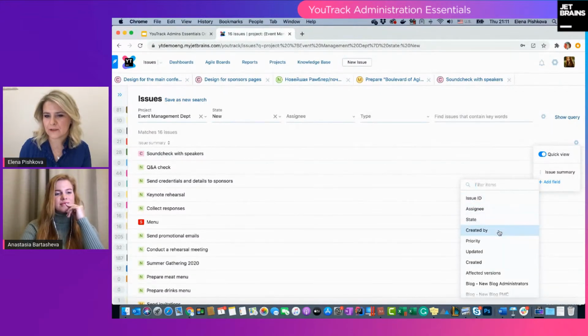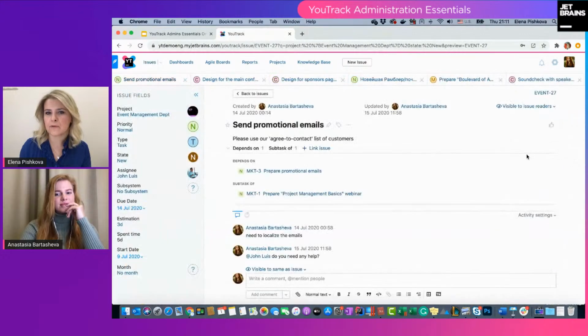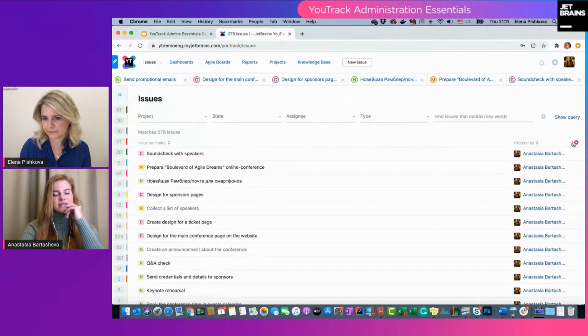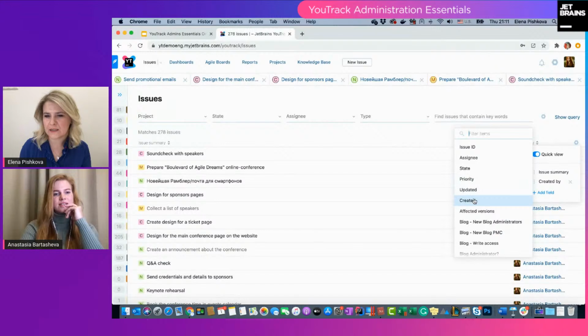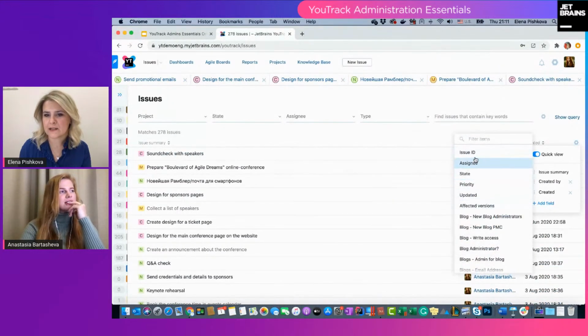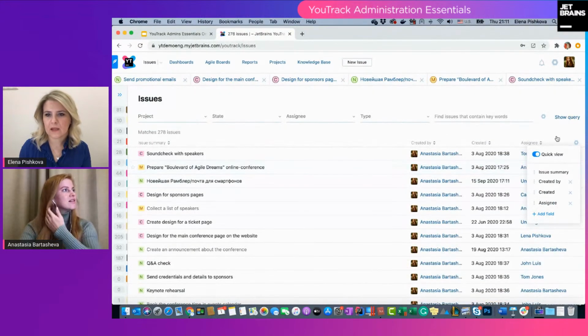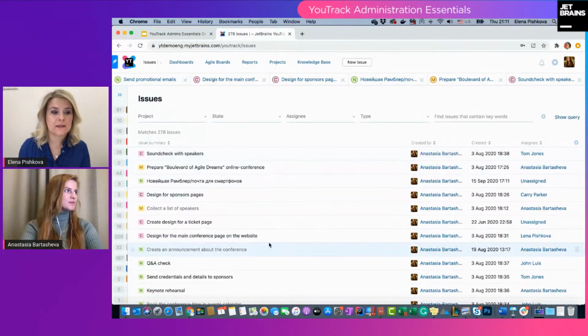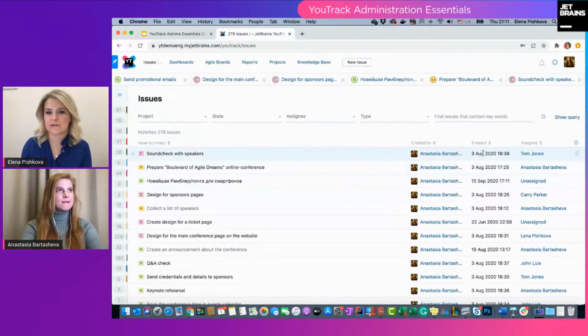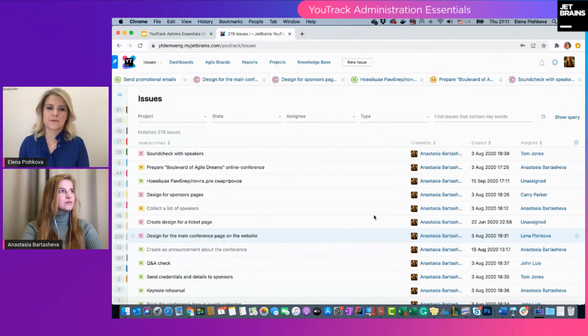I would like to see the author, the creator of the issue. Also, I would like to see the creation date, and for example, I can add a column with a field here. In this way, issues are organized as a table, and you can still filter and sort the columns here,